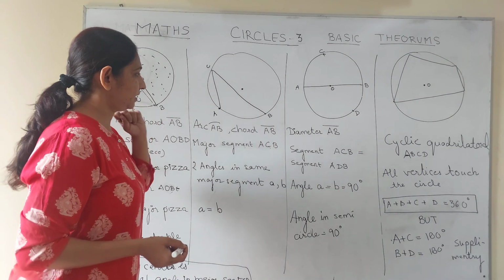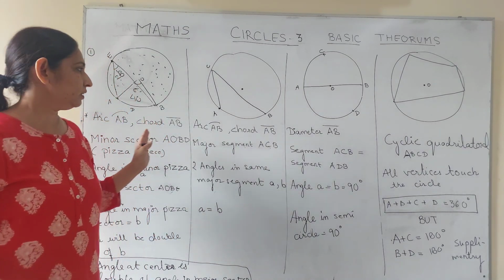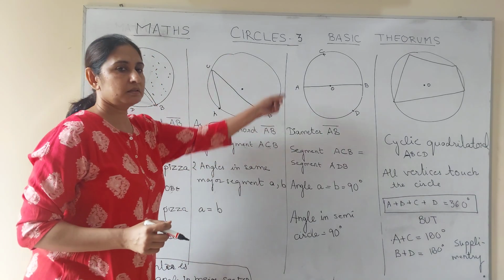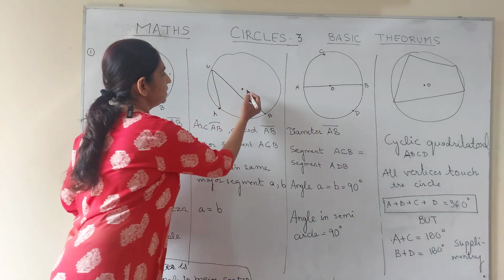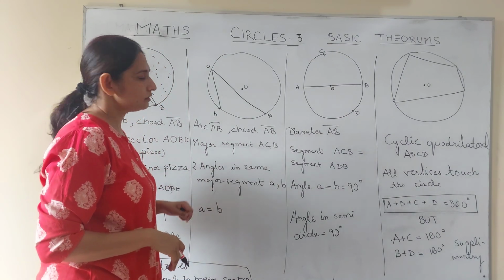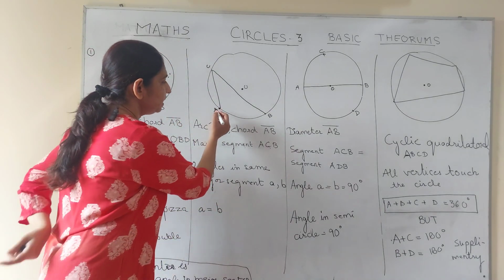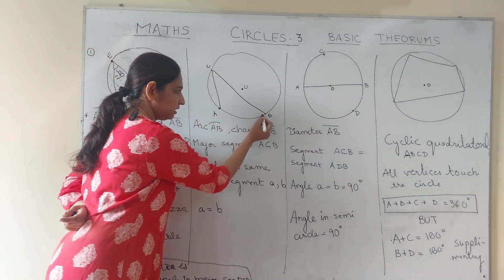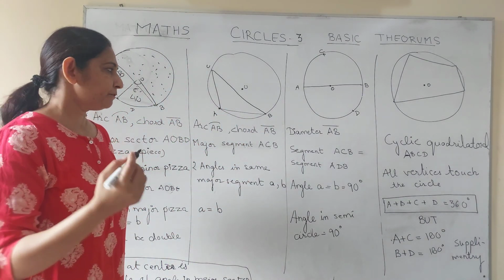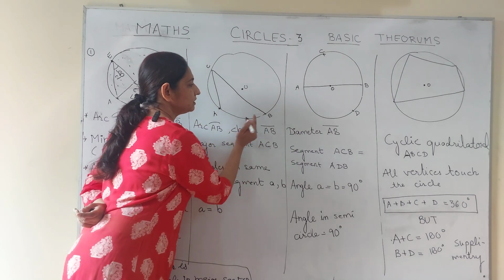Now comes the second. It's easier than this. Okay. Again, we have 2 students, A and B, sitting in the class periphery, and the teacher is nicely sitting here. But naughty children, they will not go to the teacher. They will go to some child C. So again, we can have an arc A or a chord A. That does not matter. For simplicity, I'm not drawing the chord, I'm just taking the arc here.